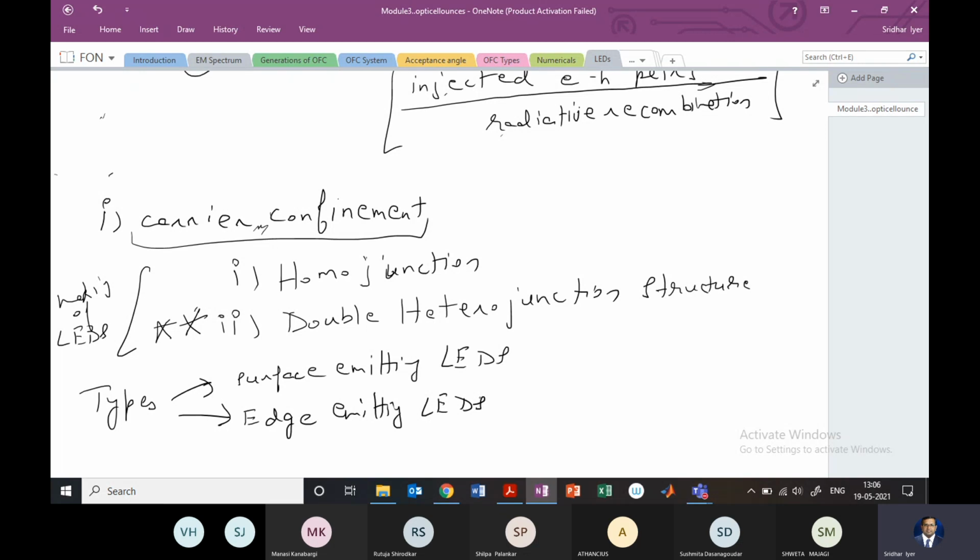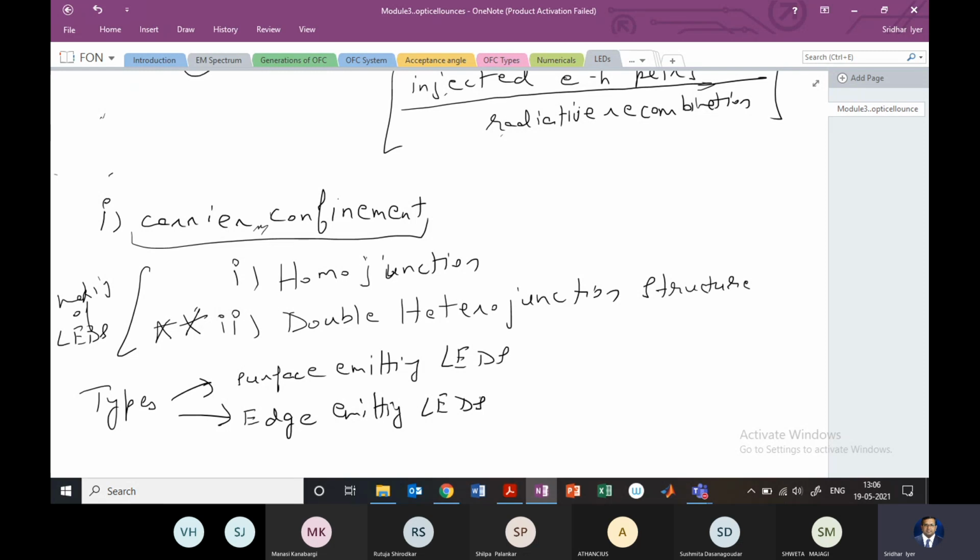A very important topic I want to discuss is the mathematics behind quantum efficiency, and how we can get a large amount of light through the use of LEDs. That is going to be very important. The same kind of mathematics will also be done when we talk about lasers. We'll have equations for quantum efficiency and power, a good equation with the numericals. That is also a very common question in the VTU exam paper.